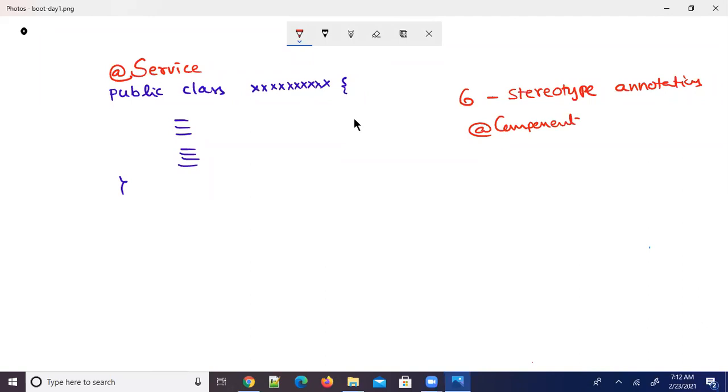Bean components we can write in the service layer, presentation layer, and repository layer.